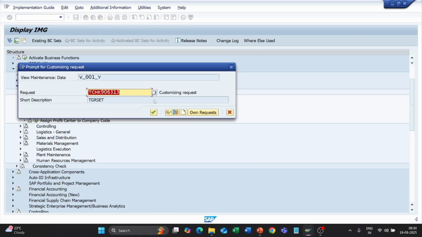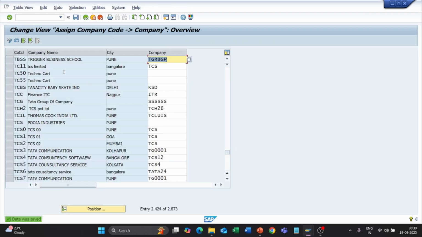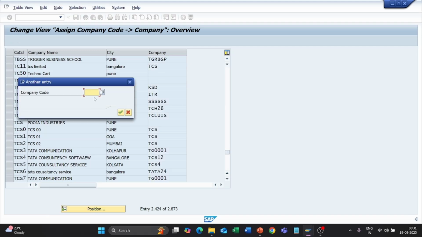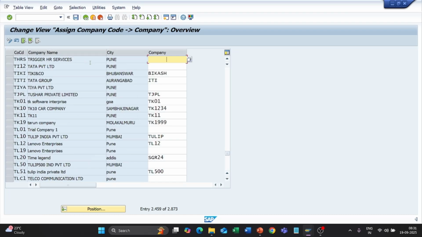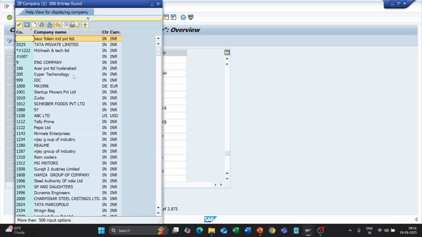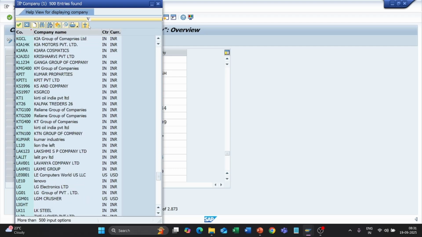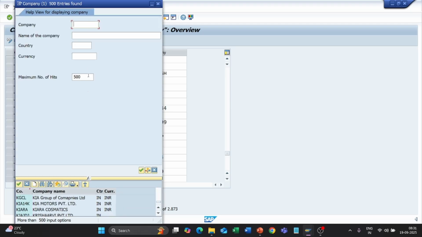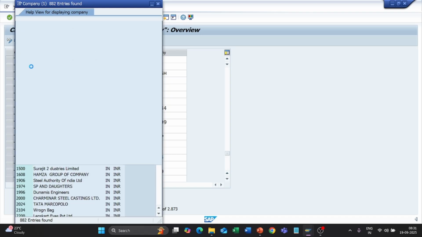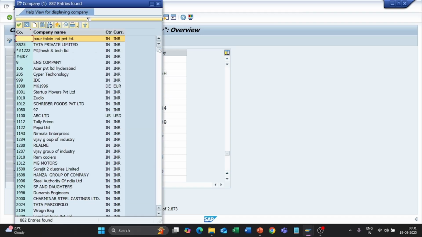Continue to save in the same customizing request folder. Similarly, we will find another. We also made a company code Trigger HR Services, to which also we have to attach to company. The assignment is not yet done. Again 500 inputs only. We'll click on the triangle, remove this limit of 500 entries, enter, and scroll down